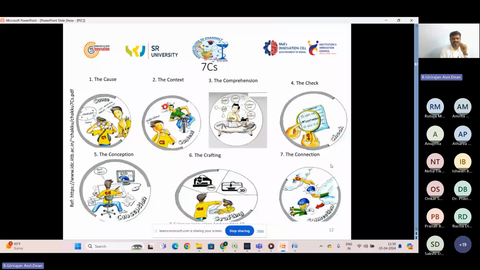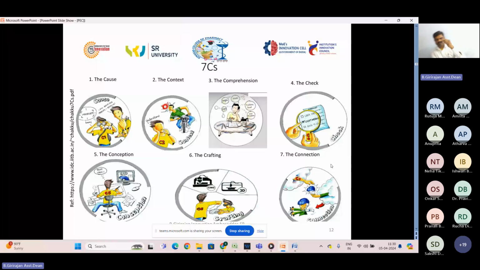So all these first four stages are only about the problem identification and some literature survey kind of thing, when you go through the journals, or it's preliminary work, I could say. So the first four stages are very important for making the proper problem identification and getting into the area where you are going to work. The fifth stage is where you are getting into the conception.